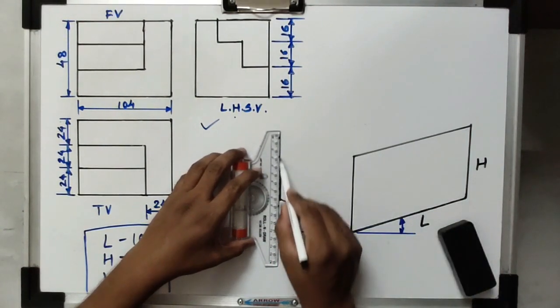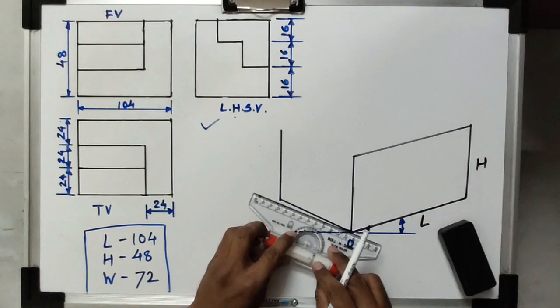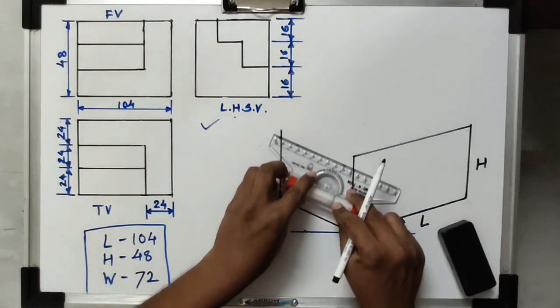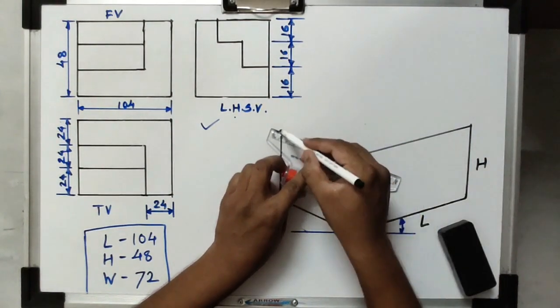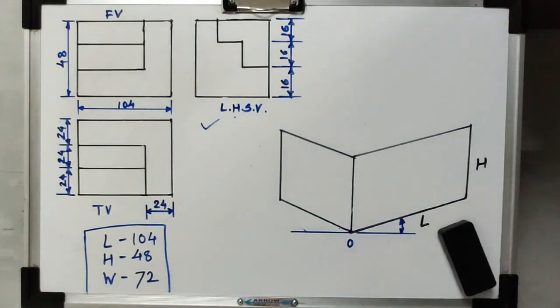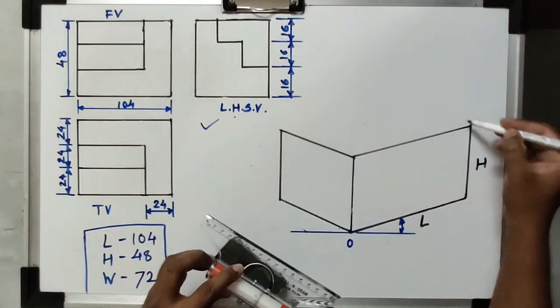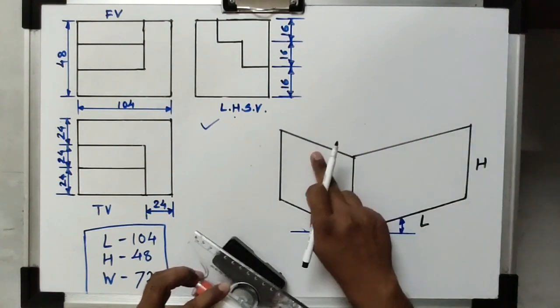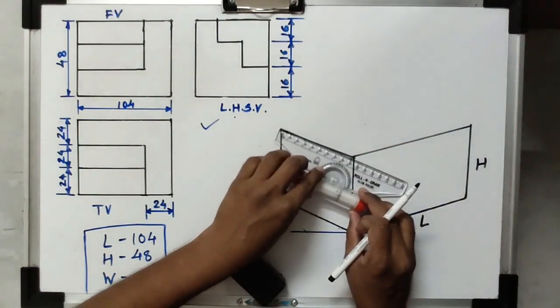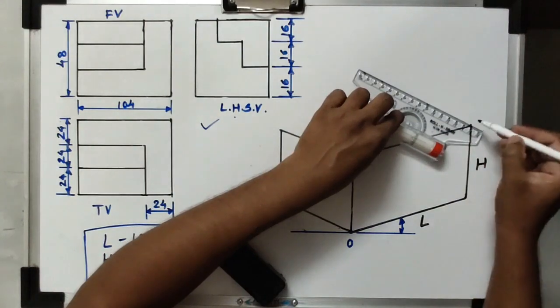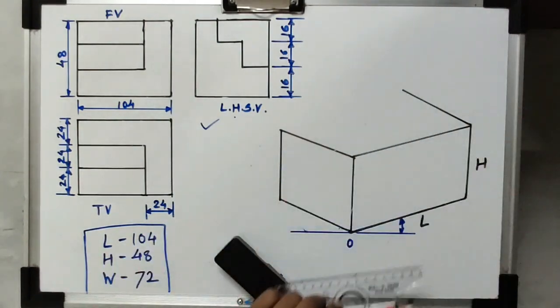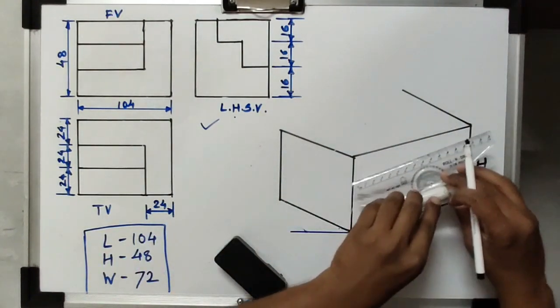Okay, and again we have to join the upper ends of these two lines with the help of a straight line, which is exactly parallel to the left side inclination line. Now these are the two places only. The complete box will be nothing but from this end point I have to draw this line which is exactly parallel to this inclination line, by taking the reference of the roller scale. You can use the drafter also.